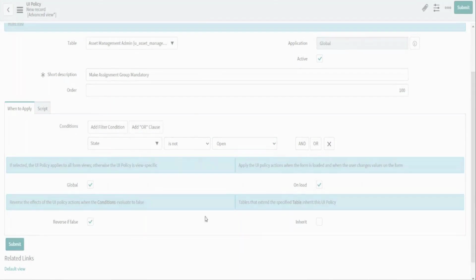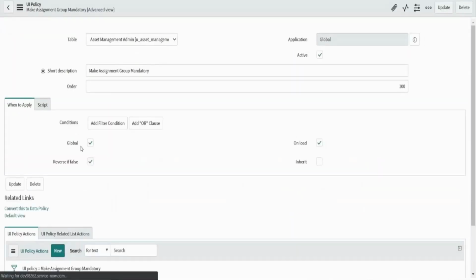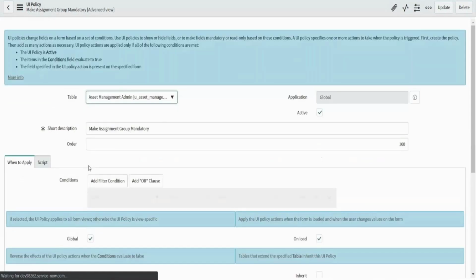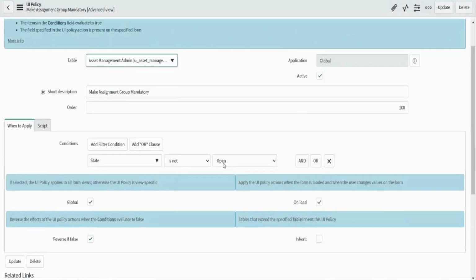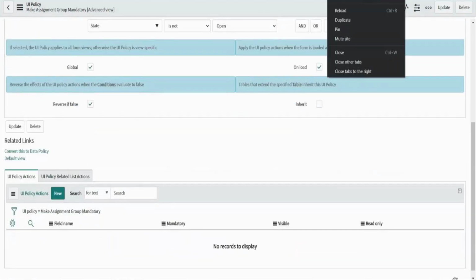So the form will load. Global is true. Reverse if false means if state is not open. If state is open, assignment group is not going to be mandatory. That is reverse if false. On load means when the form loads, that it has to execute. Now let's quickly make a